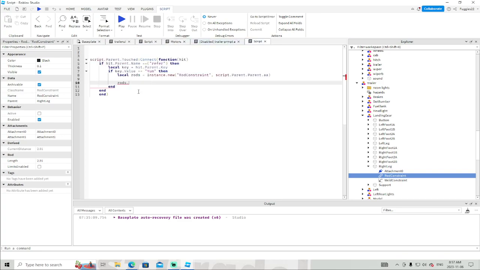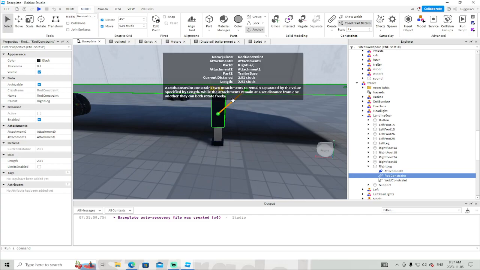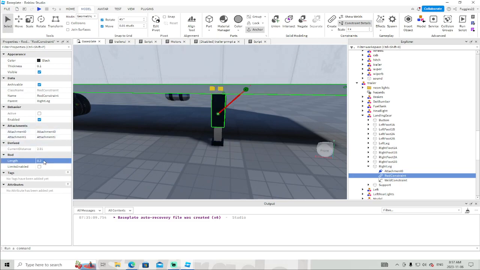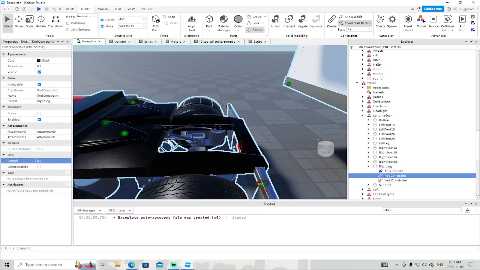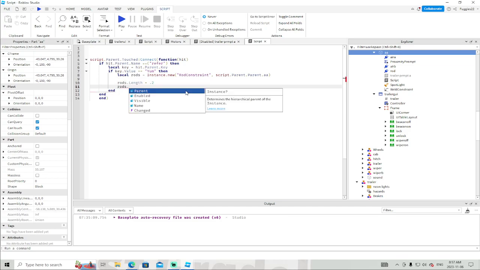So we need to say rods dot length equals 0.02, whatever. There's a limit, right? Let's find out right now. There's a minimum limit on the rod. If you say 0, yeah, it's 0.2 is the minimum. So we'll say 0.2, right? And then we want it to be really close. And then we'll say rods dot